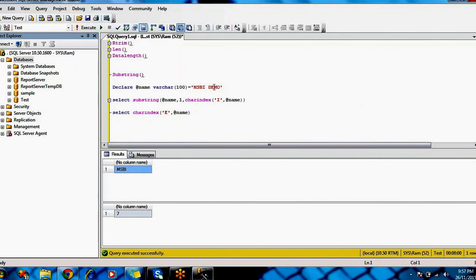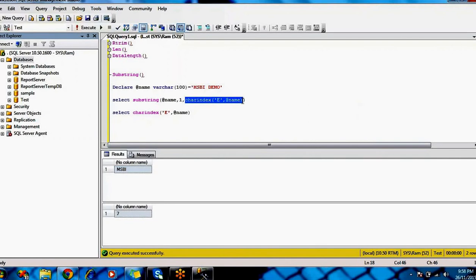For example, if you want to find out a string like MSBI DE, up to DE, how do you find it? The starting position of this MSBI is M, and for the ending position of E, you have to find that position of E by using this CHARINDEX.